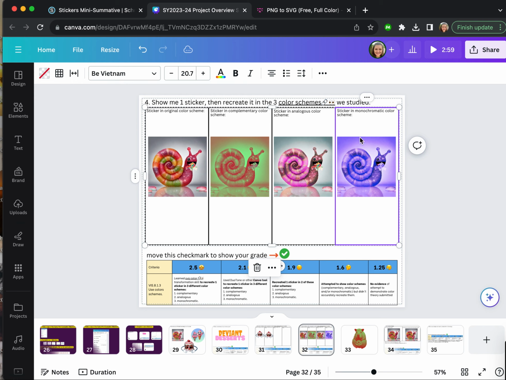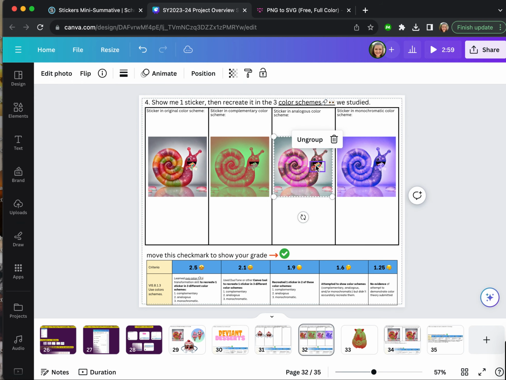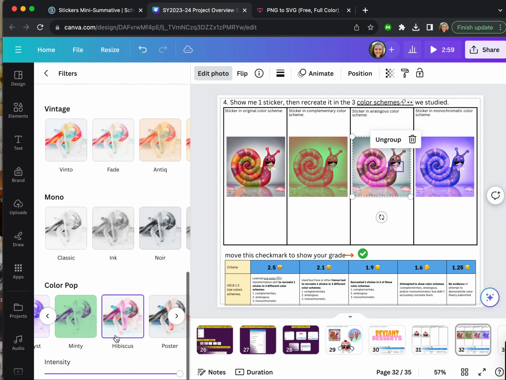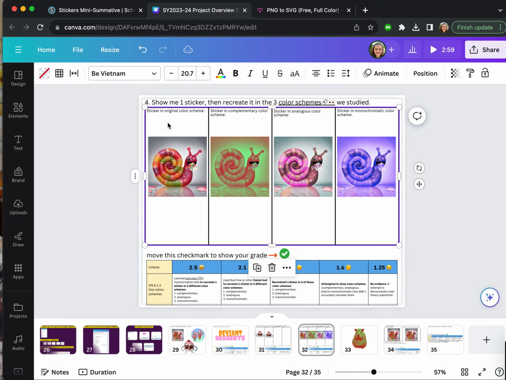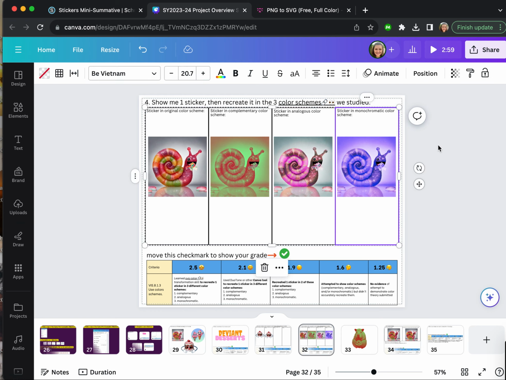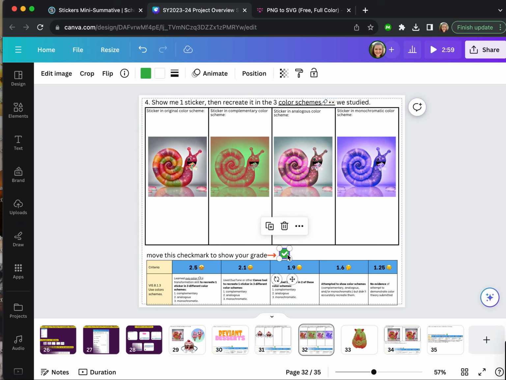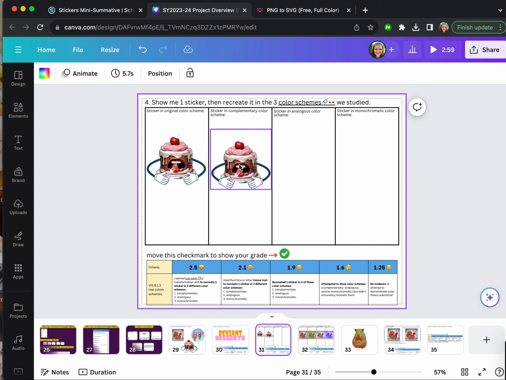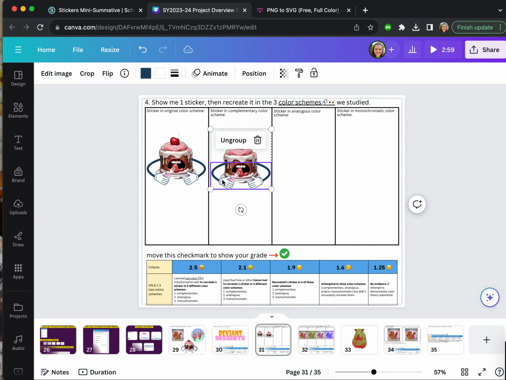I'm going to ungroup and grab just the gummy worms. And now I have completed this slide. I have my original color scheme, a complementary color scheme, an analogous color scheme, and maybe have to work on those gummy worms a little more, and a monochromatic color scheme. And I would move this and say I use duotone and other Canva tools to recreate one sticker in 3 different color schemes. Now, if you're using fewer photos and more Canva elements, you are going to be able to